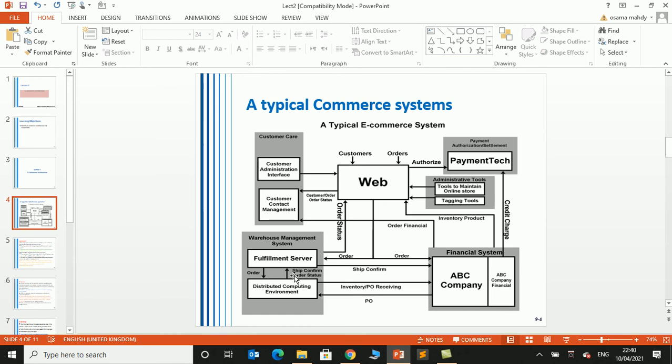Fulfillment server, I mean by it that you have to try to achieve one or more of the customer fulfillment objectives. Here, think about customer fulfillment,